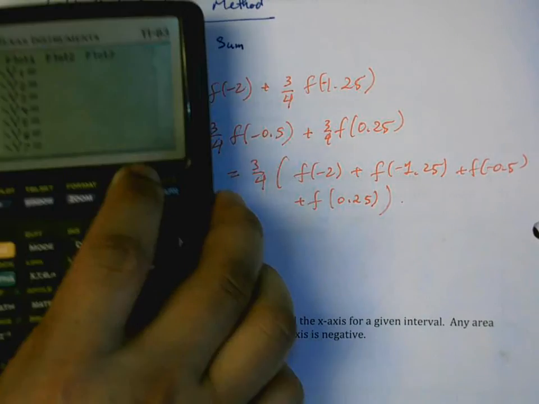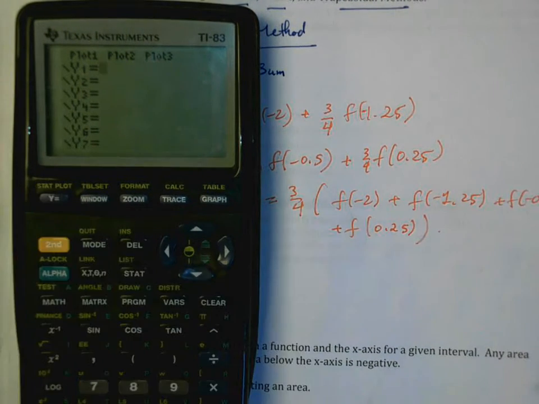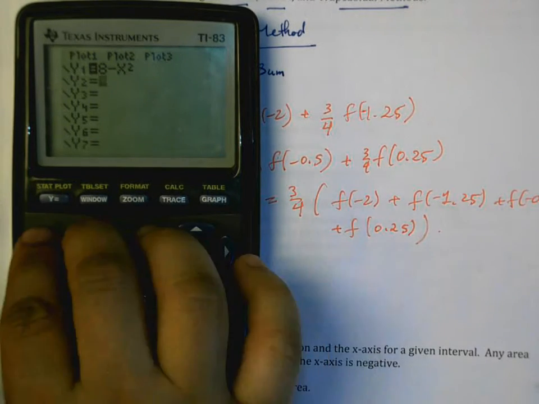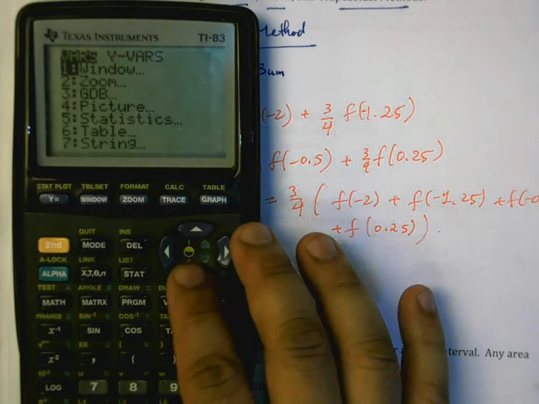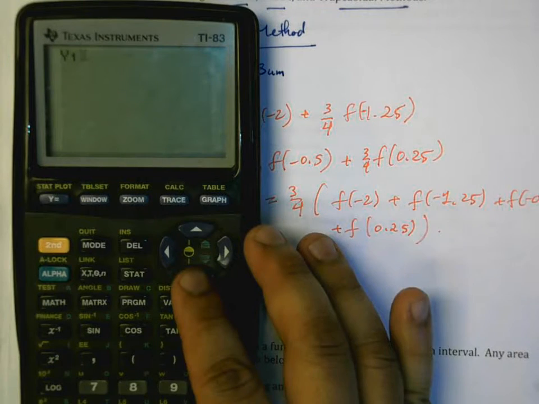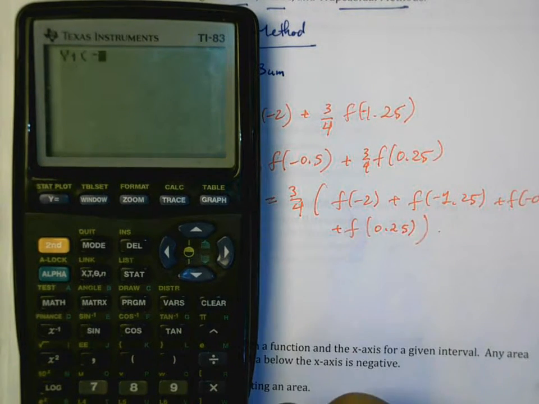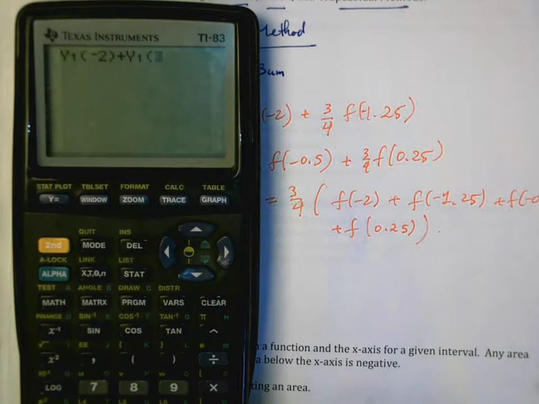So in your TI-83, TI-84 calculator, I would go into the graphing feature, and I would type in this function, 8 minus x squared, and exit out of there. Your calculator has this nifty feature: hit the vars button, go over to y vars into function, and I'm going to pick y1, and then I'm going to substitute in here negative 2. So this is basically doing f of negative 2 plus, same thing again, negative